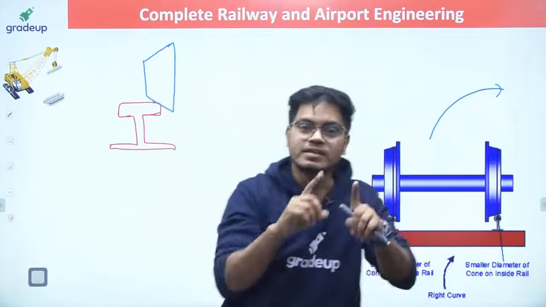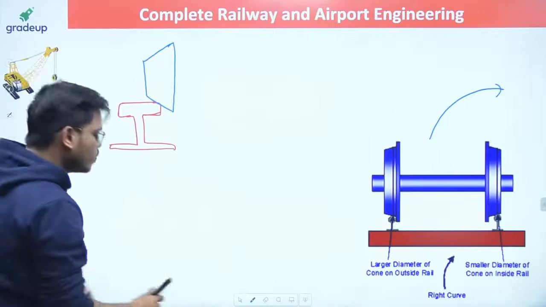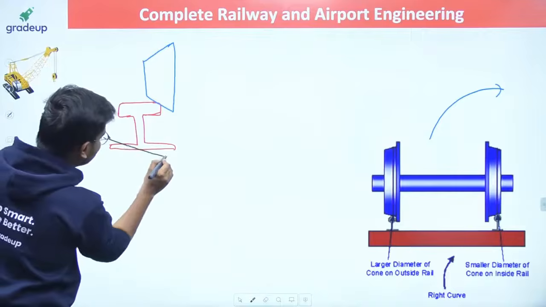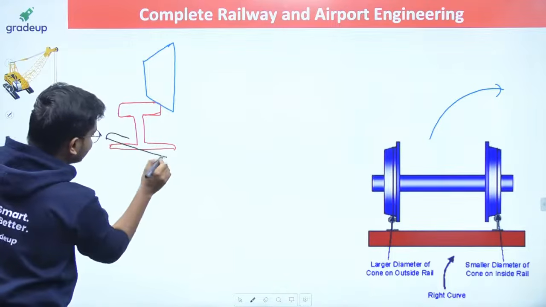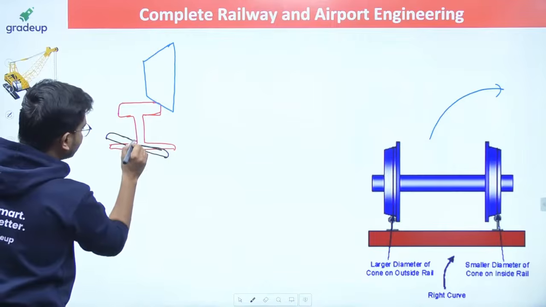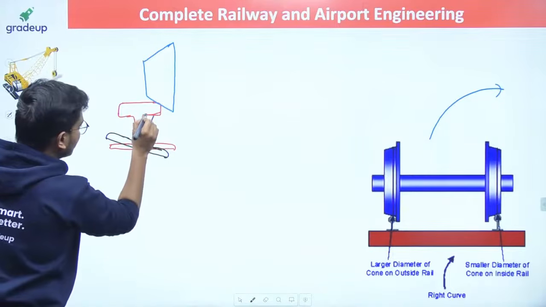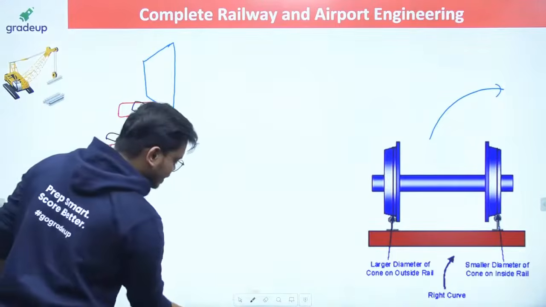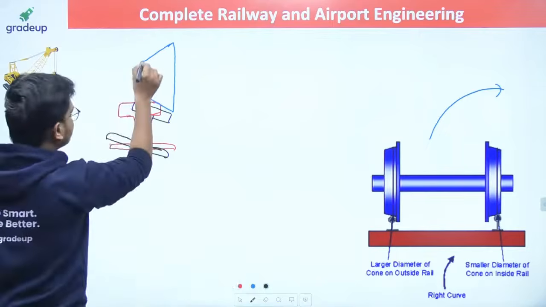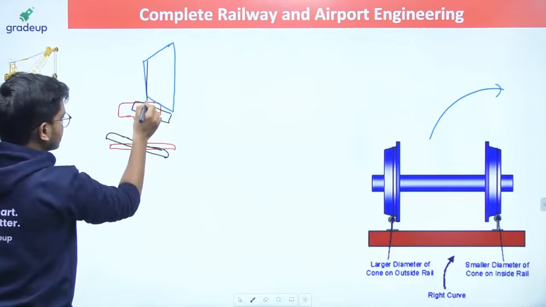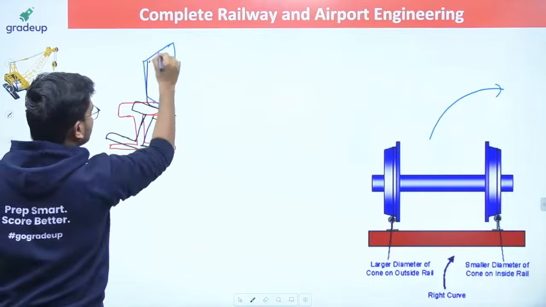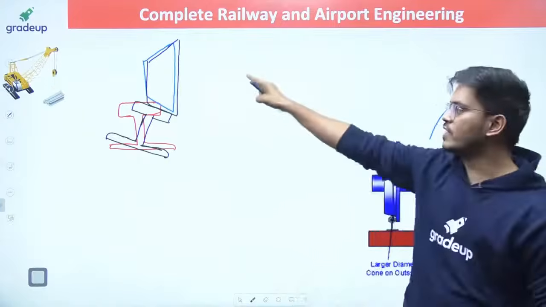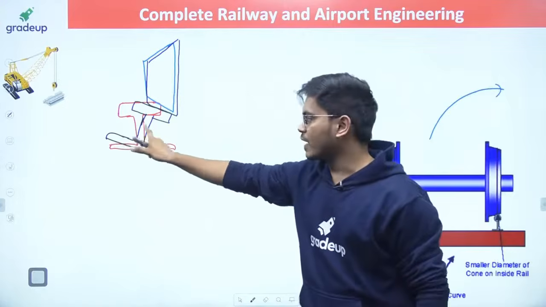To increase this contact, what I am going to do? I will be doing cheating. How? I will simply tilt my rail only. Here you go, that is solution number one for you. As soon as I am tilting it, the tire will now be in this much contact. Instead of that, the contact will be more here. Can you see? Can you feel the concept, everybody? I have increased the contact between the wheel and the sleeper and the rail.